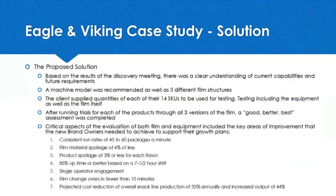What we did do is we came up with, based on all of that, the climate information, the equipment information, and the product requirements or product characteristics, Eagle came up with 3 different film structures that we recommended. The idea was fundamentally to create a film structure that would support all of the characteristics of the existing 14 SKUs, as well as learn as much as we could about any type of line extension or new products so that we could come up with a one-size-fits-all. Knowing that there were some limitations in terms of visibility from a product development or marketing standpoint,